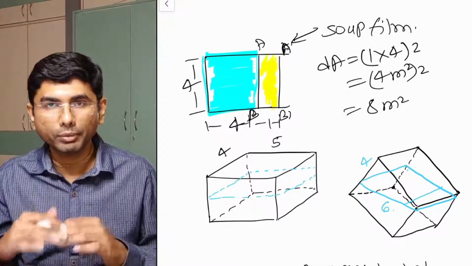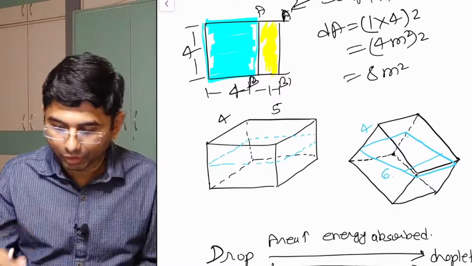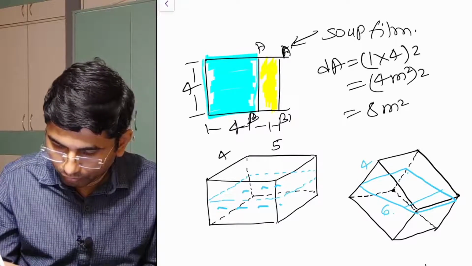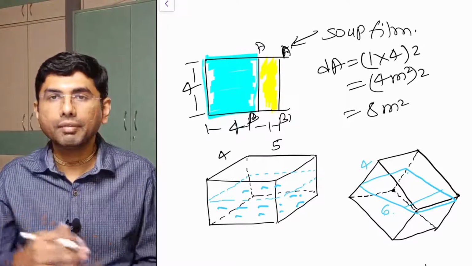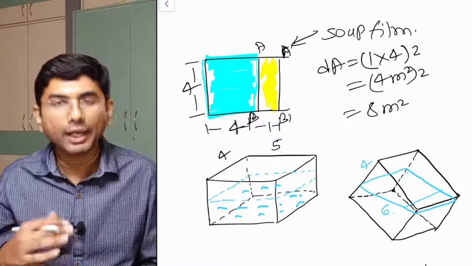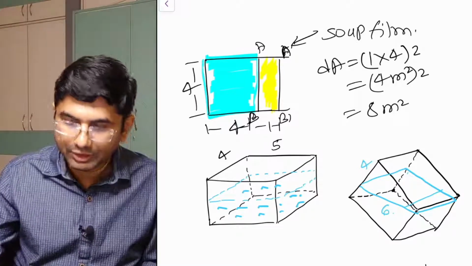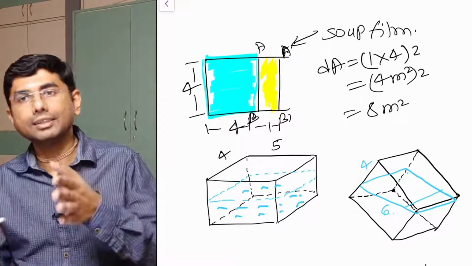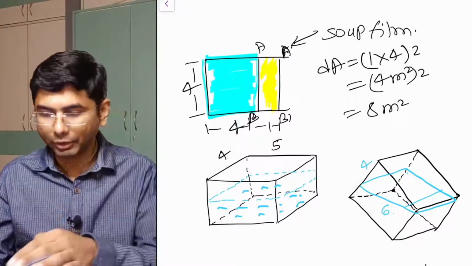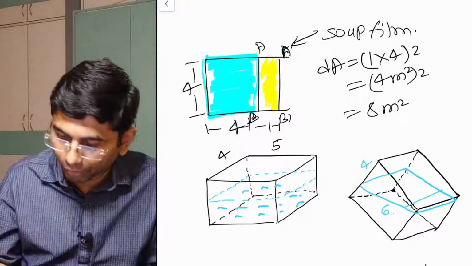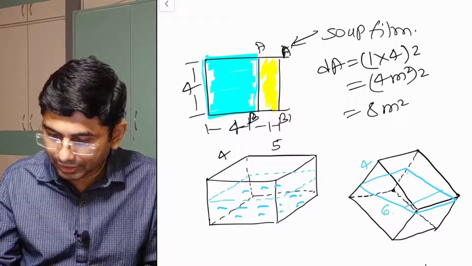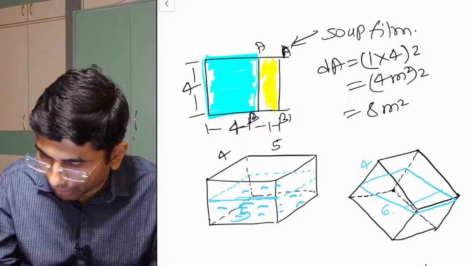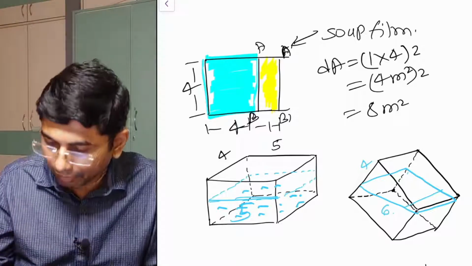Instead of a film which is open on both sides, suppose I have a cuboid completely filled with water, with sides 4 into 5. Here I cannot increase the area by stretching one side of the cuboid. But what I can do is tilt it. The water is initially in this position, and now I have tilted the cuboid and the water has changed its position. Initially this length was 5, but after tilting the cuboid the length has become 6.